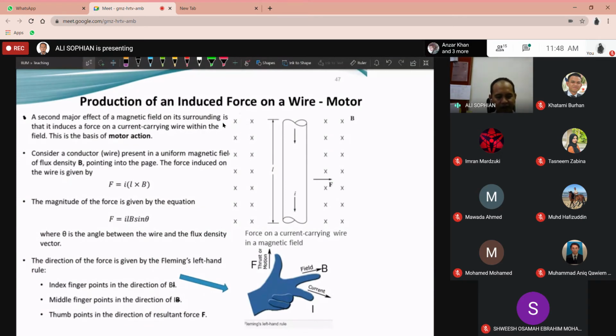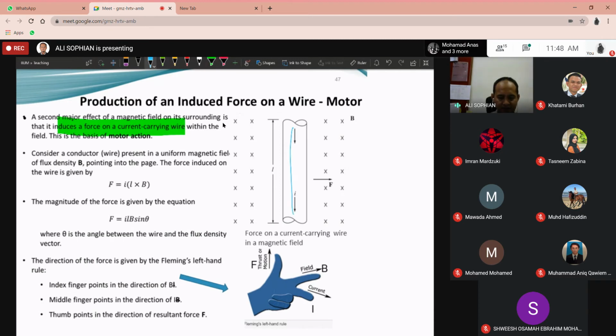Right. For the next one, the second effect is the production of induced force on a wire, which is a basic principle of a motor. The second major effect of a magnetic field on its surroundings is that it induces a force on a current carrying wire within the field. Here we've got this piece of wire,